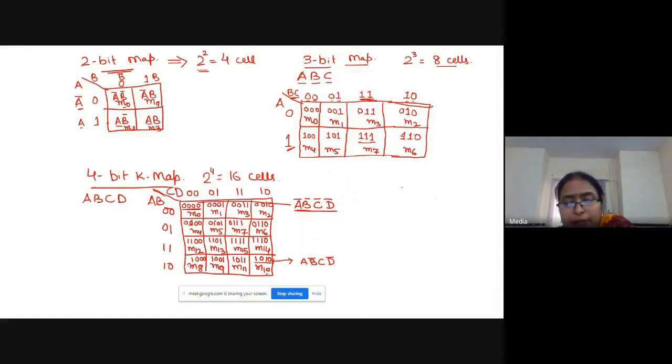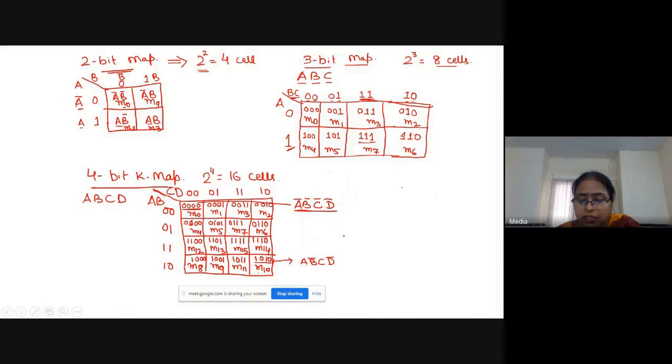So here it is M10, means in this cell A is 1 0 1 0, right? So this cell denotes min term 10, which is denoted by A, B bar, C, D bar. Clear? So this is a 4-bit K-map.